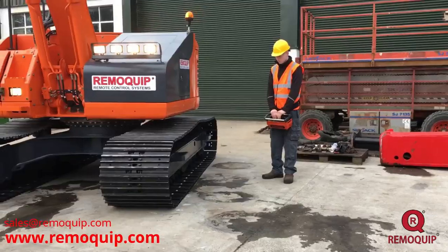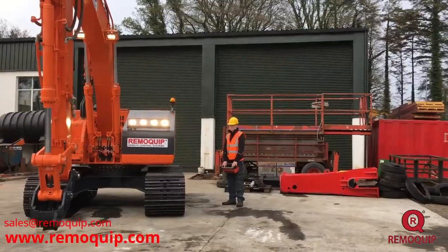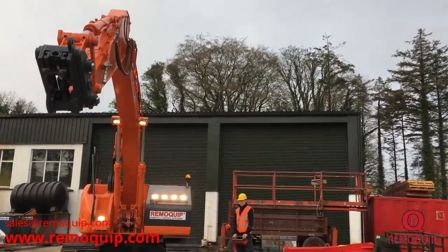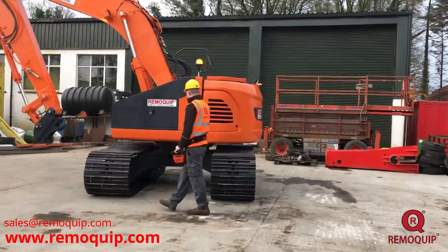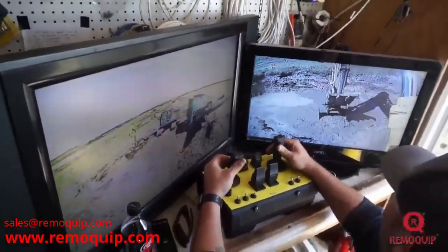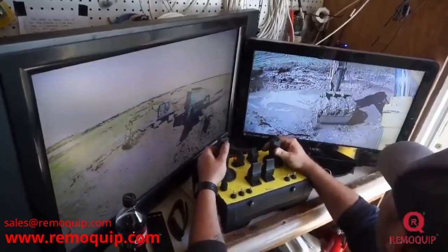Remoquip is taking health and safety considerations and compliance to new levels in the following industries: demolition, landmine removal, excavation of ordnance, operation in steel plants for furnace cleaning, working in areas of smoke, fumes and radiation, natural disasters, ship loading and unloading, removal of hazardous material, removal of explosive material, chemical spills, tank cleaning and sludge removal, excavation, rock